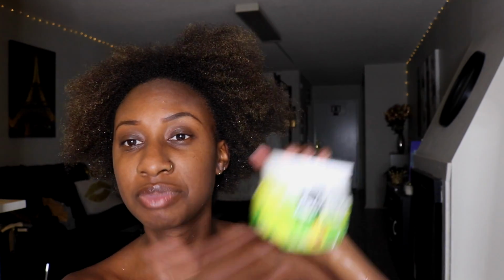When I tell y'all this stuff is the truth, this is all I use for my twist outs and my finger curls, and it has my curls popping. It smells so good, and your curls aren't crunchy, they're bouncy and soft and defined. When I tell y'all this is the truth, you should try it out. So this is what I'm gonna be using. Let's get started. So basically the tools that I have: